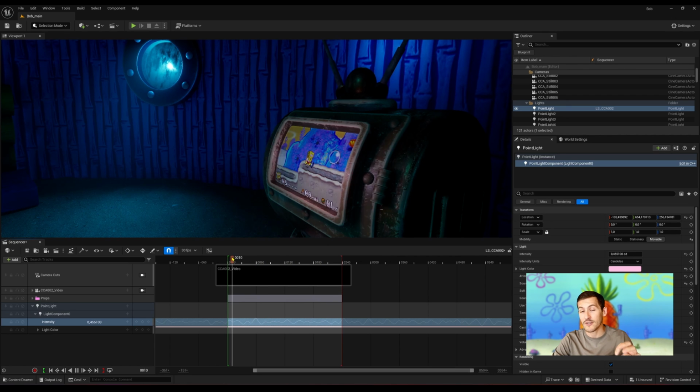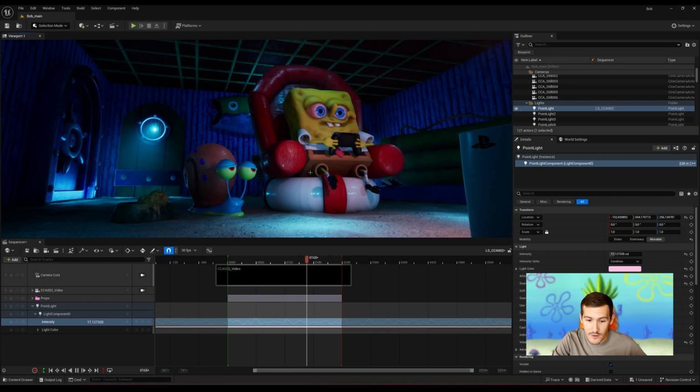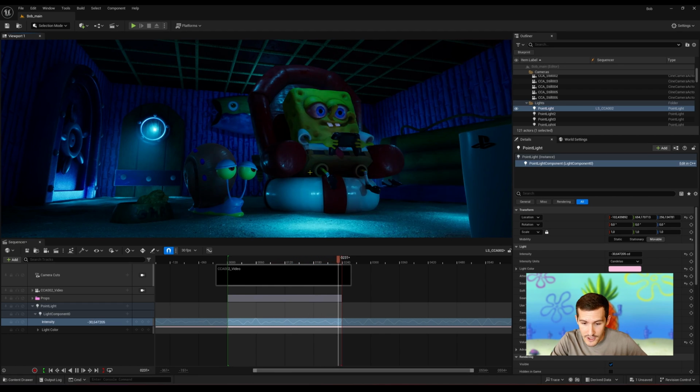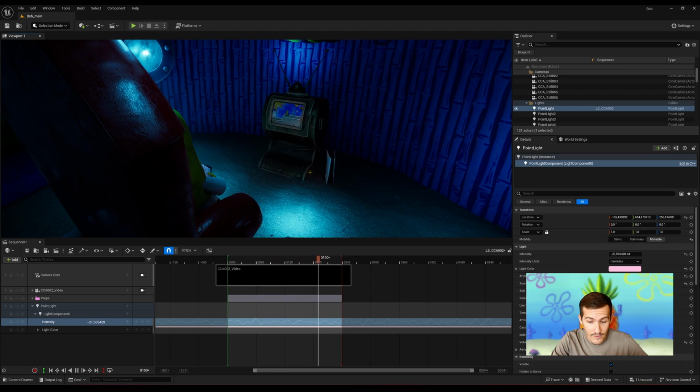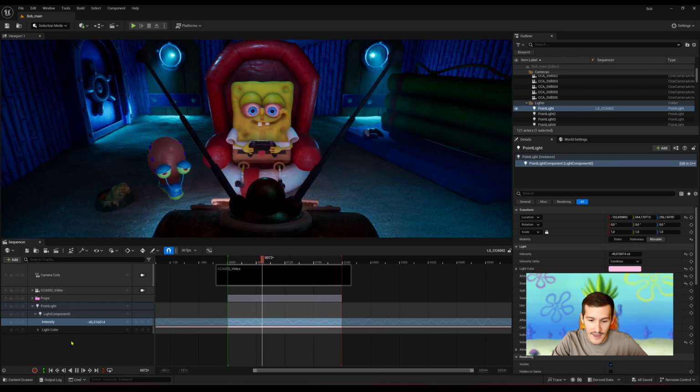Watch out guys, because this attribute only concerns tracks of type float, meaning attributes with direct decimal values. The attenuation radius is another example. However, the transform of an actor consists of vector values, so you won't have access to Override with Float Perlin Noise. Our Bob is finally fully immersed in his video game now.